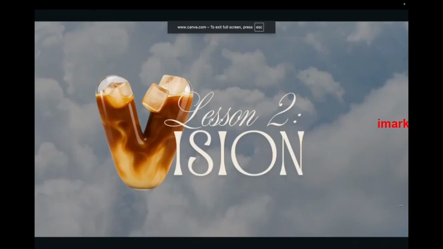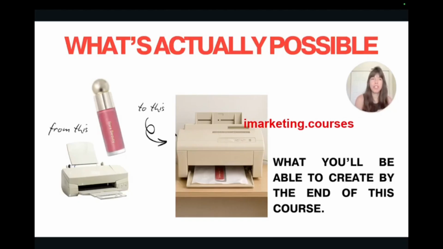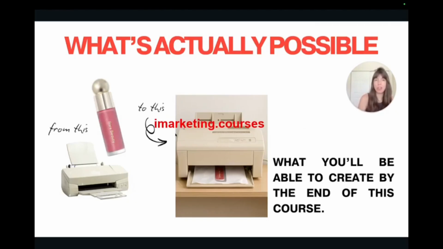Today, we're diving into how AI can give your visuals the edge every brand is chasing right now. Why are brands turning to AI right now? Because every brand wants to stand out, grab attention, push creative boundaries, and stay unforgettable. Studio photo shoots, that's the baseline now. But the real edge is AI-powered visuals that stop the scroll. And the truth is, you don't need to be a designer or creative genius to use these tools. You just need to know which tools to use and how to use them in the right way.